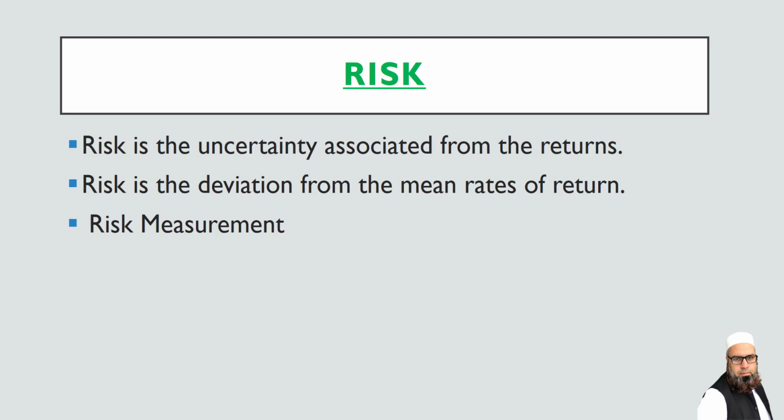But if the return increases from 20 to 30%, it means uncertainty is positive and we have some abnormal profits. On the other hand, if the return decreases from 20% to 10%, that's the real issue, and investors try to manage this part of risk. But by definition, both uncertainties, either the return can increase or decrease, are known as risk.